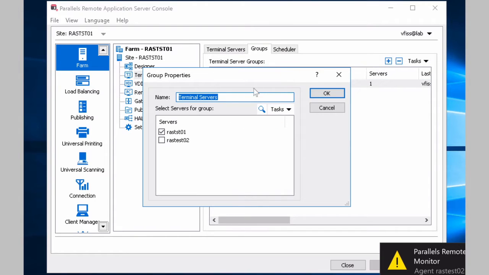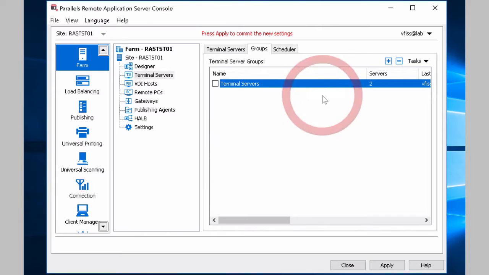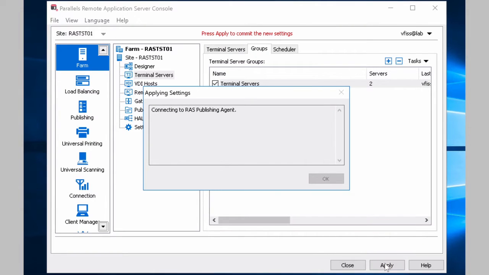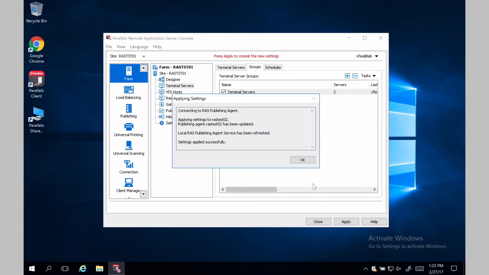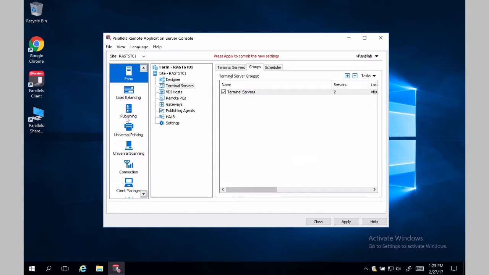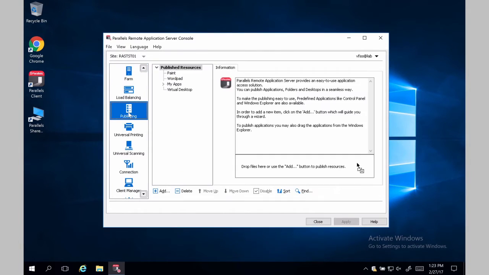So in the terminal server, now we include the second server to be part of my application pool. This way you don't have to configure every single application that you have. Click on Apply and those settings will be saved. And the last thing we can do is click OK, go to Publishing, and let's check from an application or